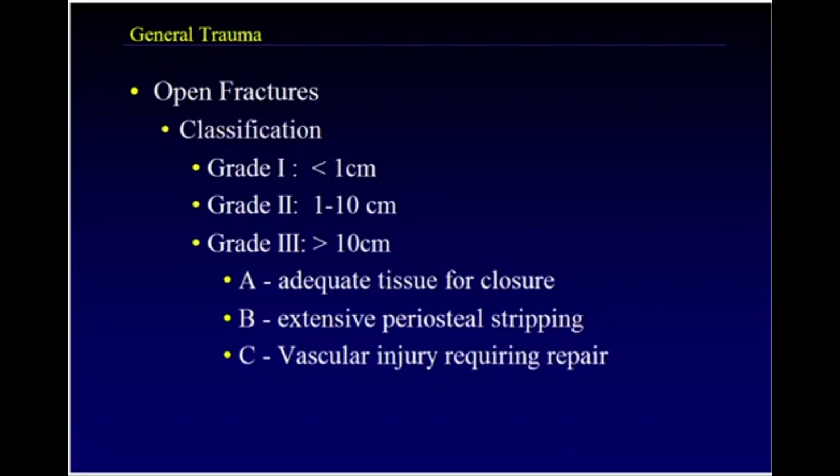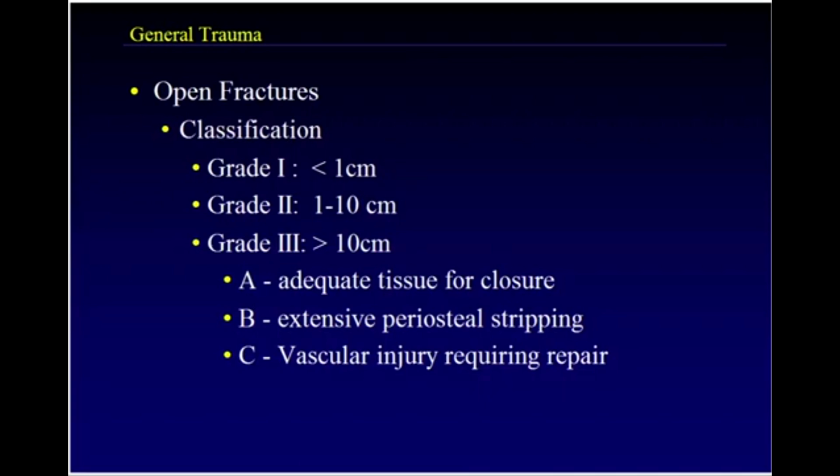But it's what's in the literature, so it's important to review it. In the original Castillo article, grade 1 or type 1 wounds were defined as soft tissue lacerations less than 1 centimeter. Grade 2 were lacerations between 1 and 10 centimeters, and grade 3s were greater than 10 centimeters. The authors subsequently issued, a couple of years later, a second article in which they subdivided type 3 injuries into A,